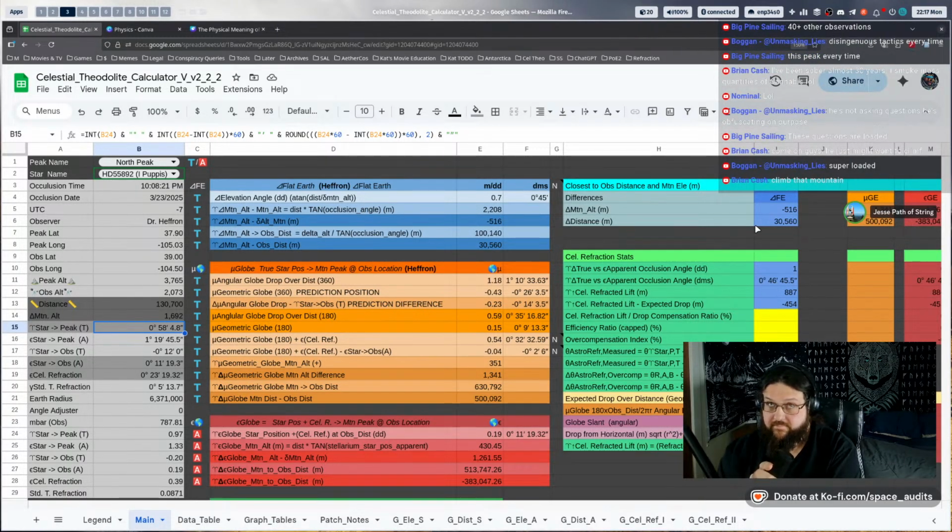Let's just say for the sake of discussion that I record the occlusion timing of that star. I put the atmosphere off at peak angle 58 4.8 into tangent times the distance. I get 1,600 extra feet. What is causing that? Obviously I need to do something else to get an accurate height. That is not the correct height, right? I have no idea what you're doing differently. It's okay. We can go over that if you want.